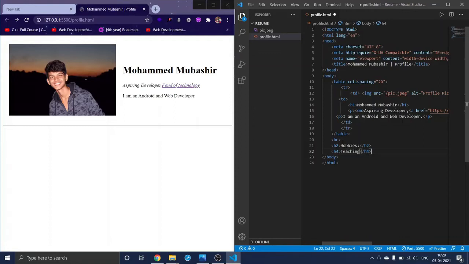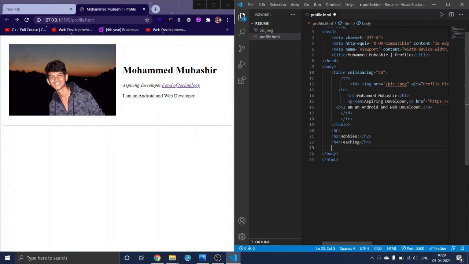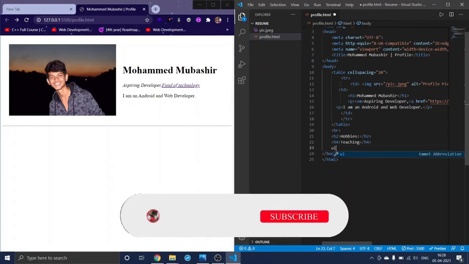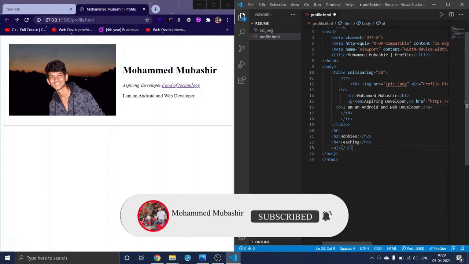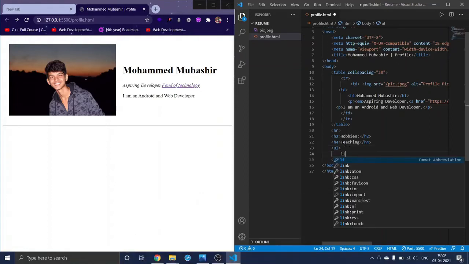And in that, hobbies are like a list, right? So for that I will be using a list, and it will be an unordered list, and in that unordered list we know we need to use list items, right? So I'll be using list items, and in the first list item I will be giving app development course,